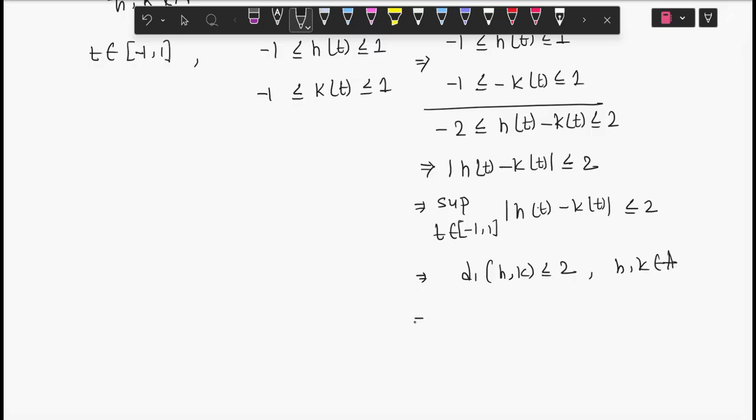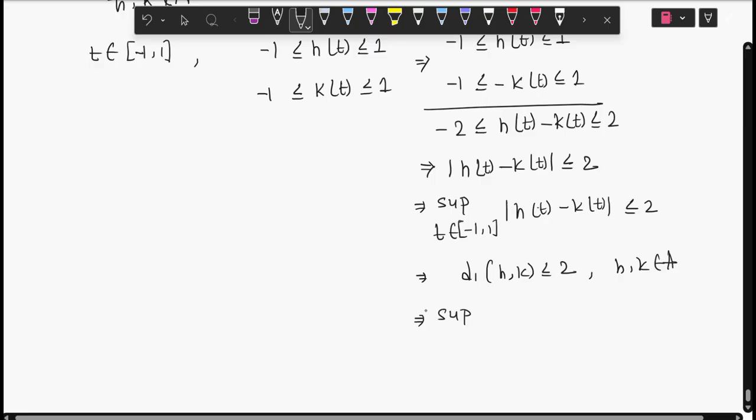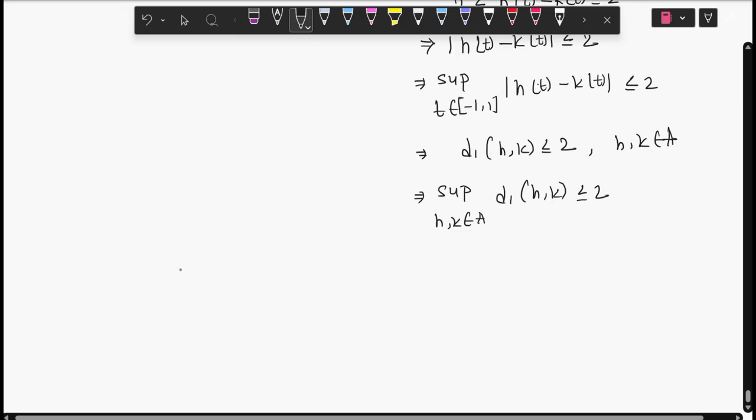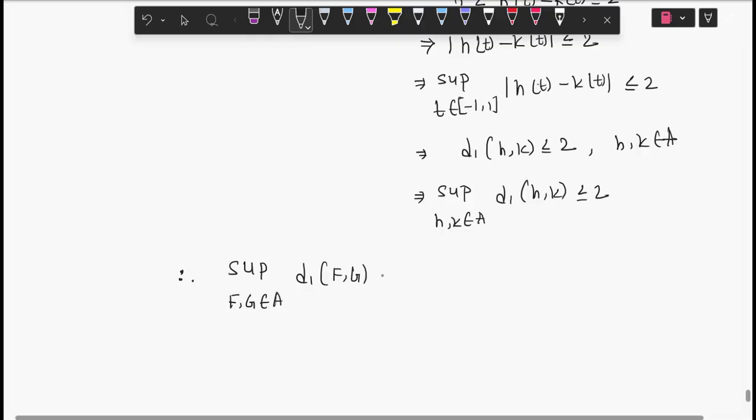Now I am taking supremum of hk belongs to A, d1 of hk, that is less or equals to 2. So the conclusion is, therefore my conclusion is supremum of fg belongs to A, d1 of fg, this is equal to 2. Now after that,